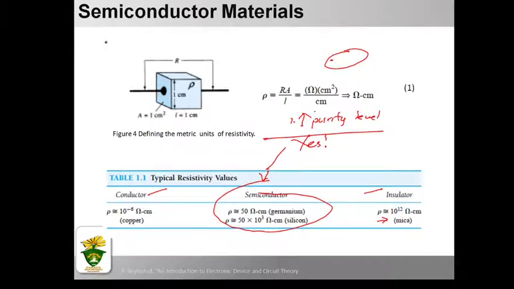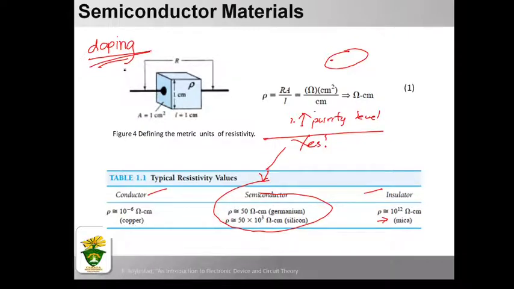So the act or the ability to change the characteristic of the material is called doping. This process is another reason why germanium and silicon have received such wide attention.